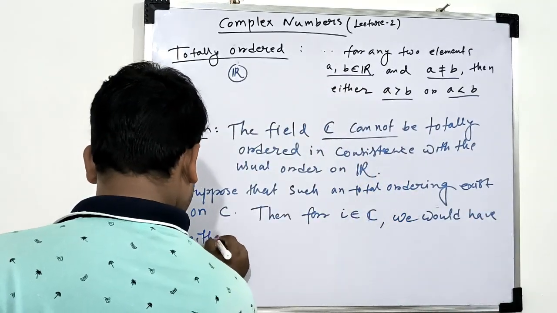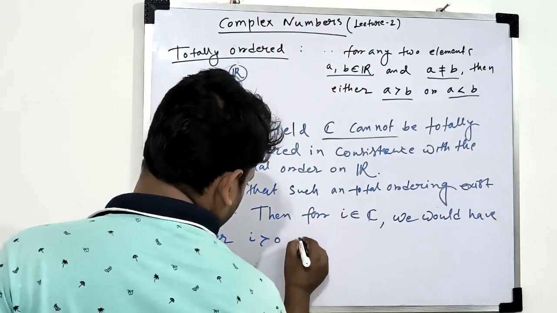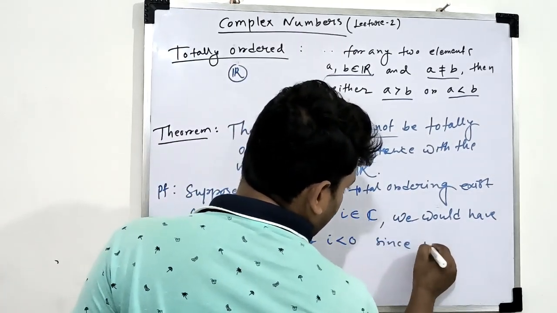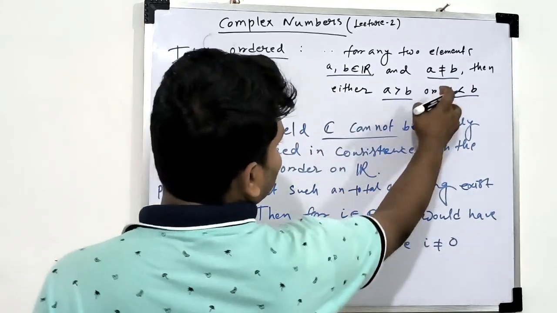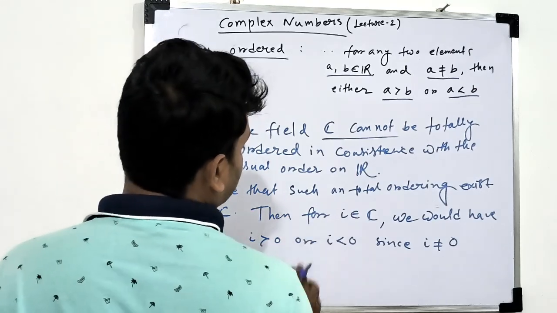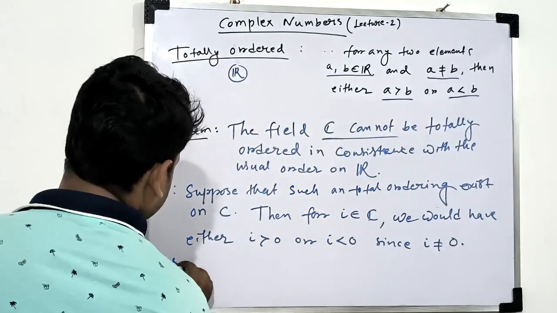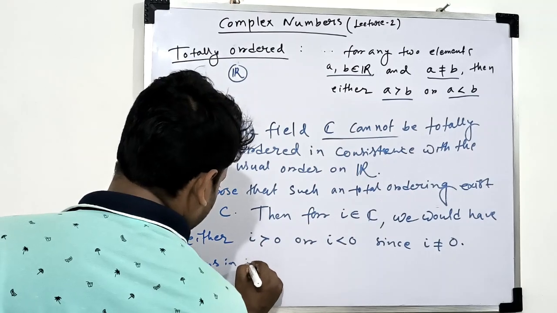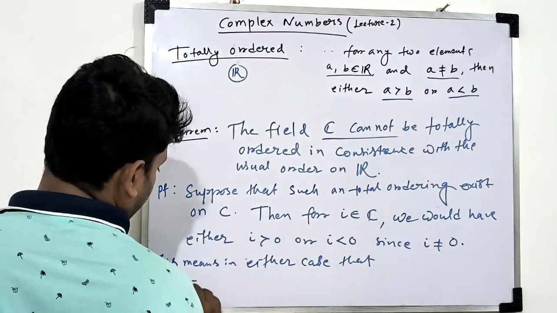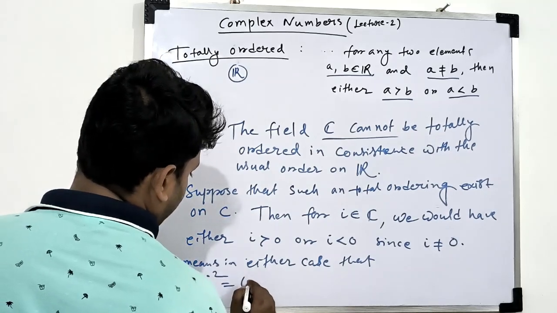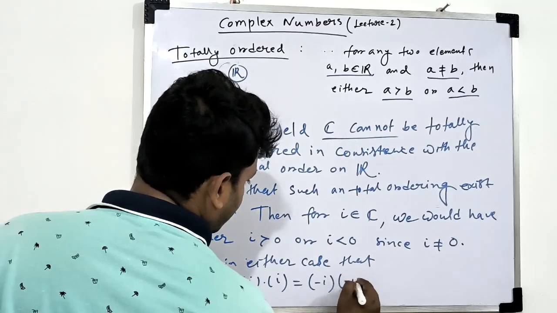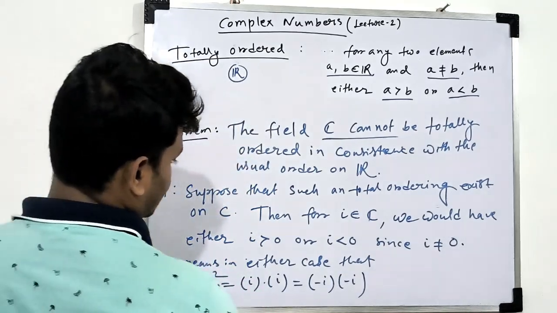either i greater than 0 or i less than 0, since i is not equal to 0. As i is not equal to 0, that is A not equal to B, then A greater than B or A less than B happens. This means in either case, minus 1 equals i square, which can be written as i into i, or as minus i into minus i. So this is greater than 0